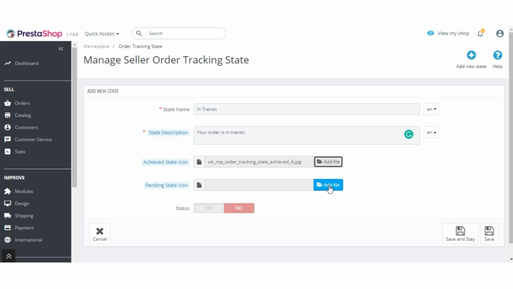Click here to upload the icon that will be displayed when the order tracking state is pending. Enable, disable the order tracking state from here.